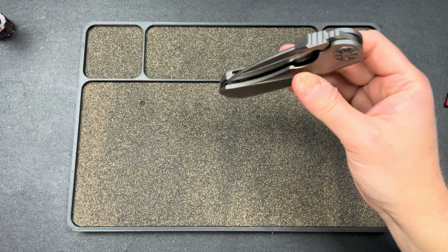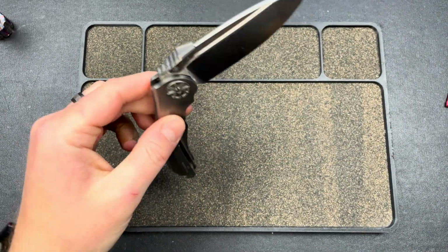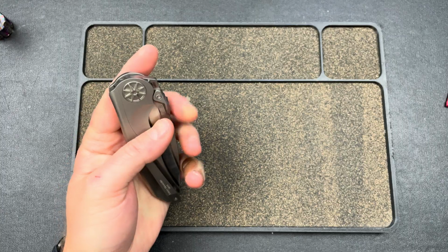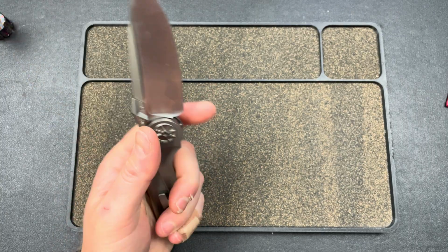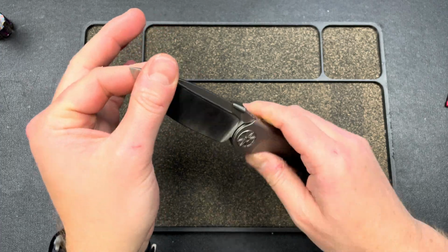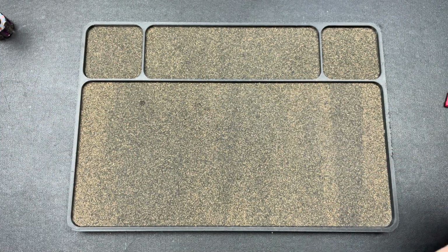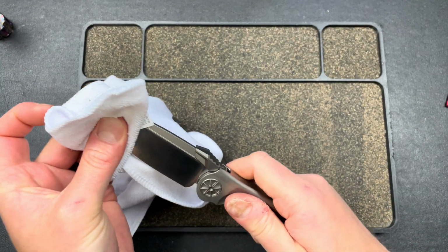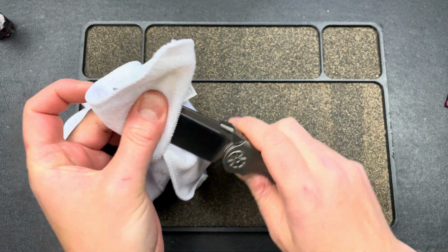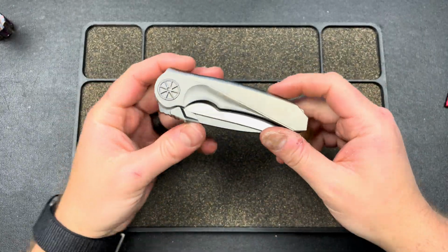And it's almost swinging shut. I mean, I could adjust that, but honestly, I prefer it to be solid as a rock, and that'll break in anyway. So that is the disassembly and reassembly and a little bit of an overview/review on the Rike Tissot,